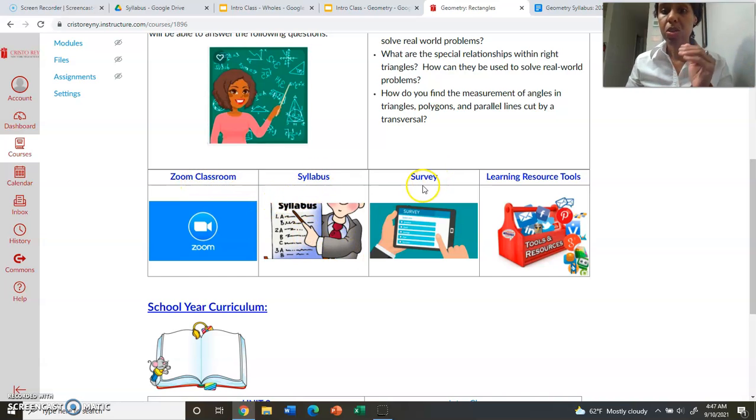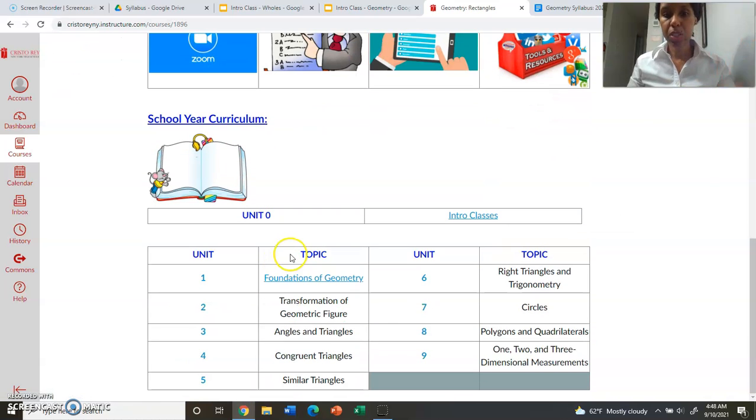Syllabus will be here, your survey, which is also going to be due on the day that you have class, which is at 8 o'clock of that day, and learning resources that has everything that you need, like about Delta Math, Canvas, Khan Academy, all that other stuff. And of course, it has the outline of all the units that we're going to be covering throughout the school year.